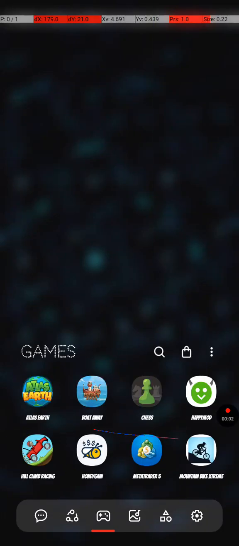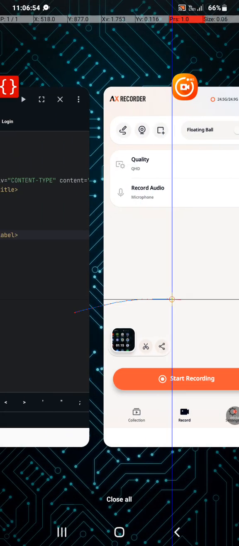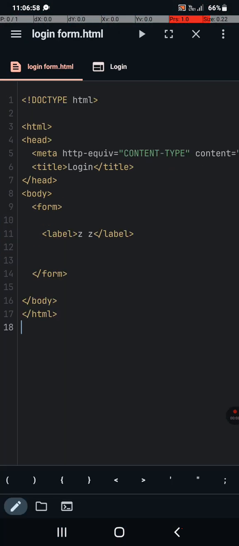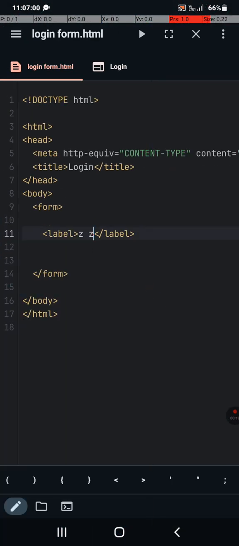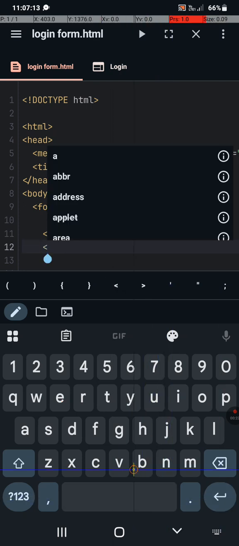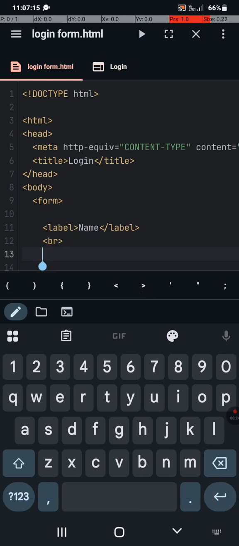We are going to be coding a login form. Here we have our title, login. We have the first label, which would be name. And then we have our input where the user will input